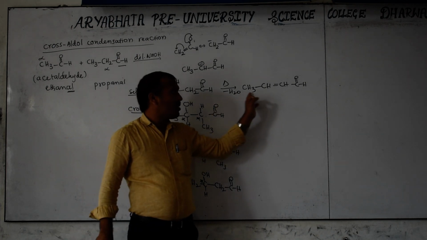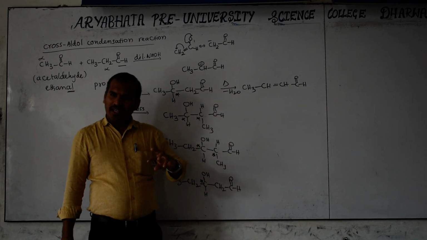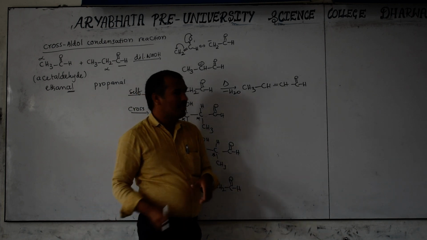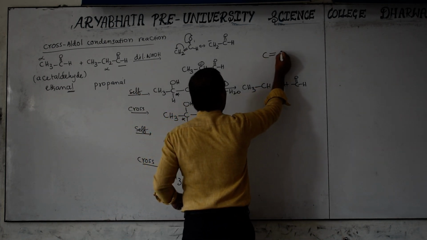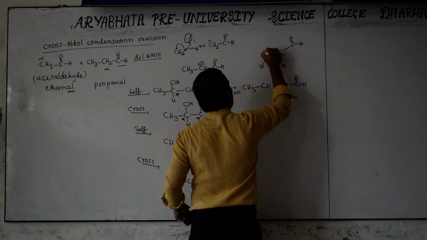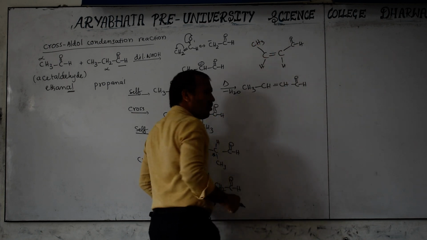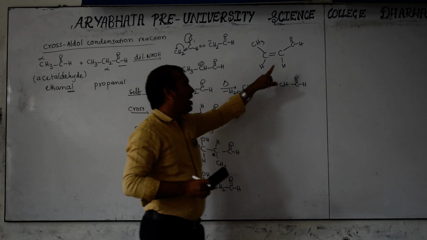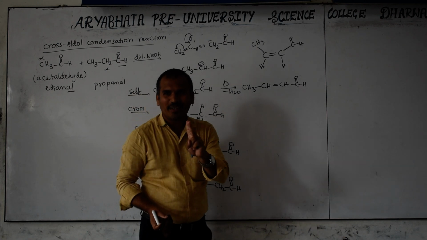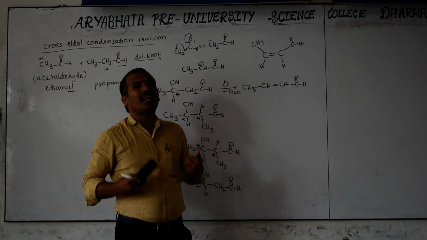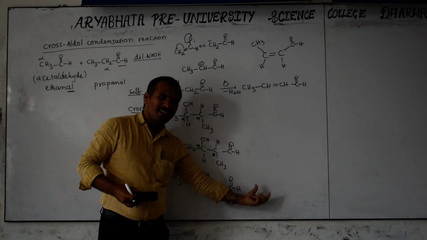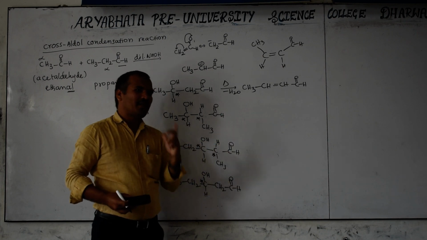Here is any chiral carbon appearing? No. Then any other possibility is there? But is cis and trans possibility there? No? See how cis and trans is possible? C double bond C, here H, C double bond H. This is which one? CH. At the double bond, similar groups on the same side. Say if H is up, this earlier group is down, then what is possible? Trans. So how many products possible? 2. What we learn in the first year, again we have to apply in the second year. That is only the competitive one. So here 2 products. Then you also imagine how many are possible here. I will not explain here, you just imagine.